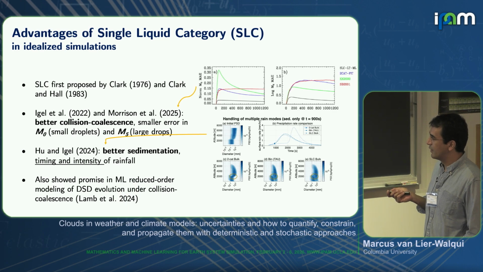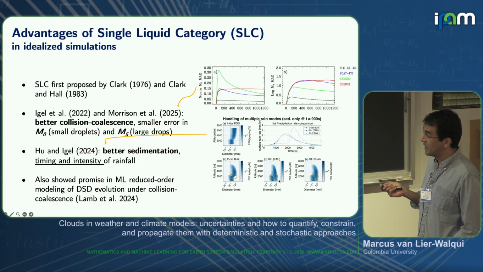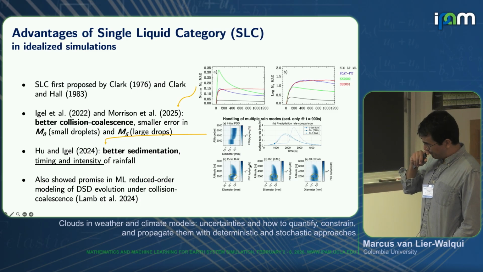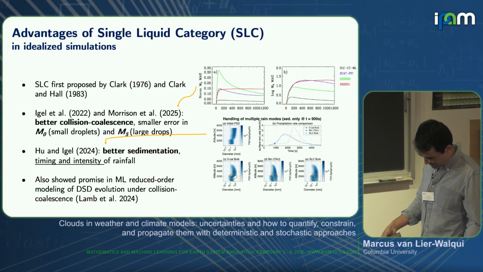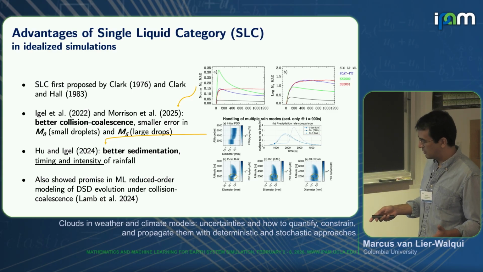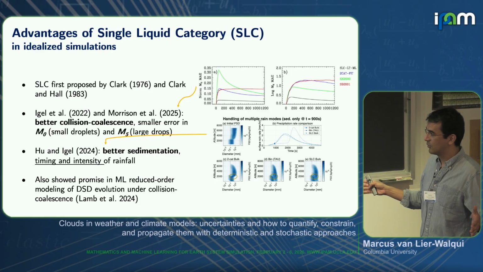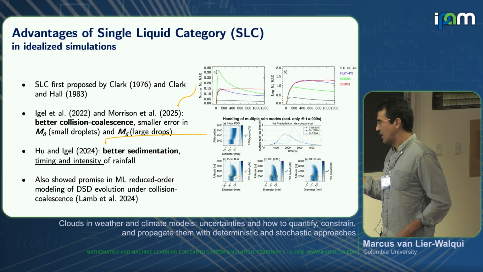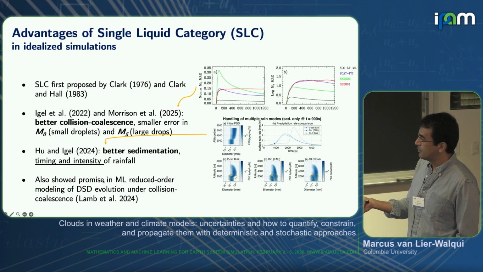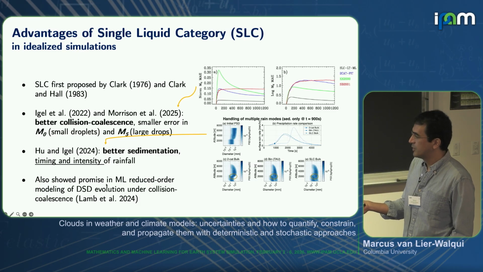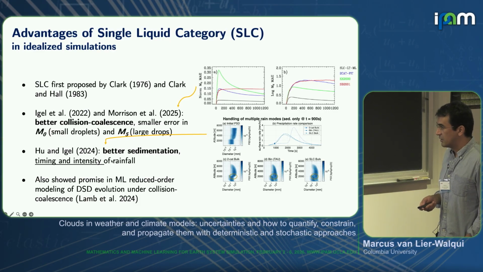Arthur has also tested this out in three-dimensional LES. And one of the things that he's found out is that rain sedimentation works a lot better. And I think one reason for that is that if you just have rain falling, with a single category scheme, you'll have more prognostic variables describing it. There are details there. I probably shouldn't get into it. I could talk a lot about that. There's also a recent paper by Kara Lamb using a sort of machine learning reduced order modeling, and she's shown some advantage there.